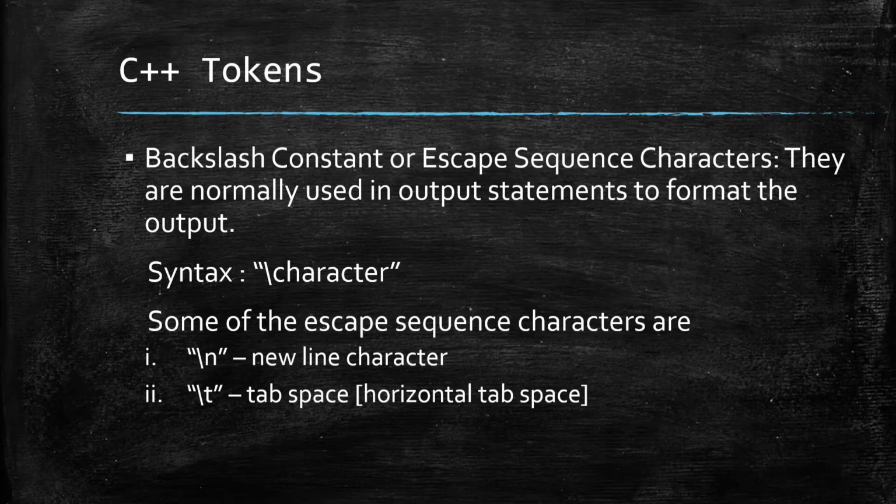Fine, to give the tab space there, it leaves some 5 bits of space and it moves. For example, it can leave any number of spaces, but the spaces will be left. That is the work of \t. At present, you know only these two, and later in our further programming, you will use some more escape sequence